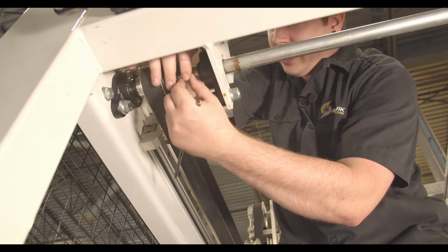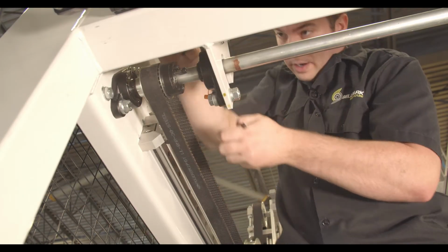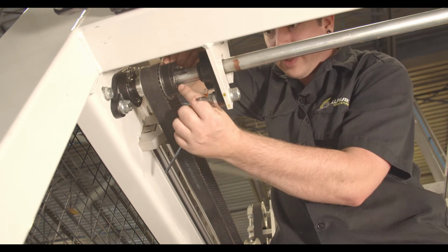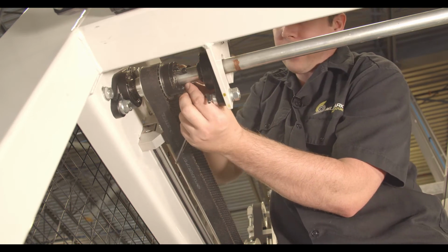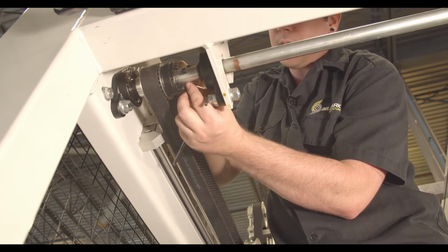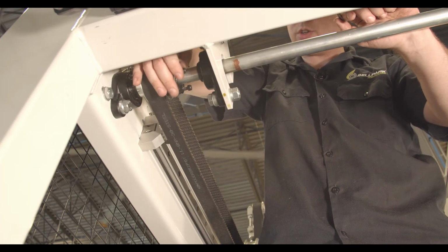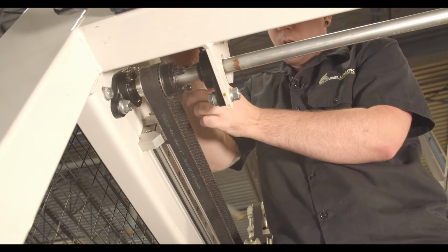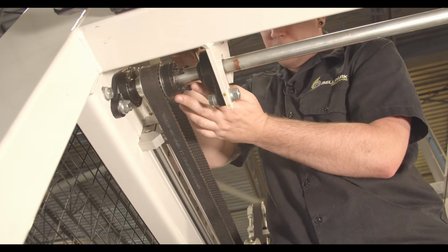So you'll thread these 3 bolts into the taper lock, and once they're in, just keep threading them in. You might have to loosen the other bolts off, but eventually, once you get these all the way in, it will release the taper lock. And when threading these in, try and keep even pressure all the way around the taper lock. So just move them about a turn at a time,